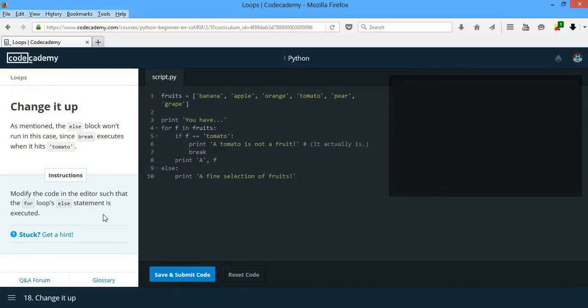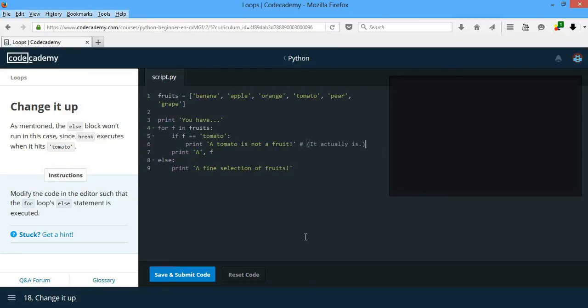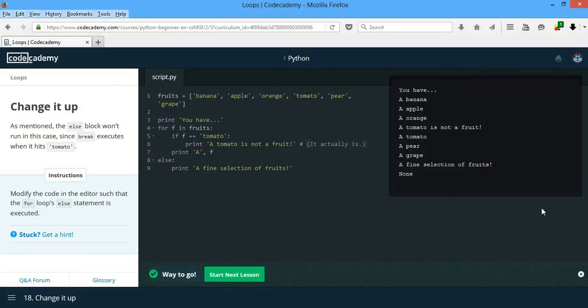Change it up. As mentioned, the else block won't run in this case since break executes when it hits tomato. Modify the code in the editor such that for the for loop's else statement is executed. So we can just get rid of the break. That should fix our problem, which isn't really a problem if you want it to break, depending on what you want to do. So now it does the same thing, except that it even prints tomato,